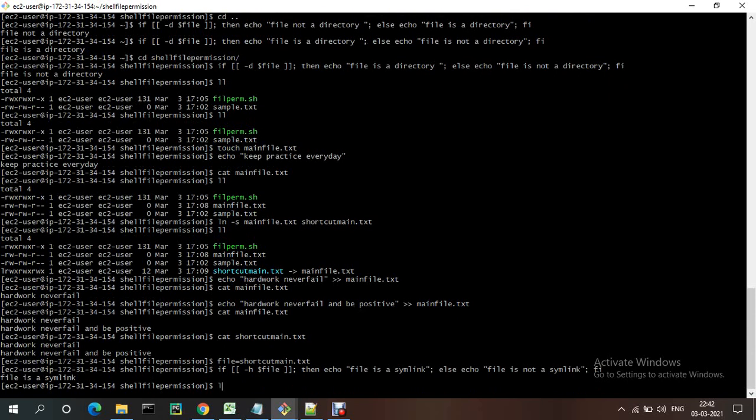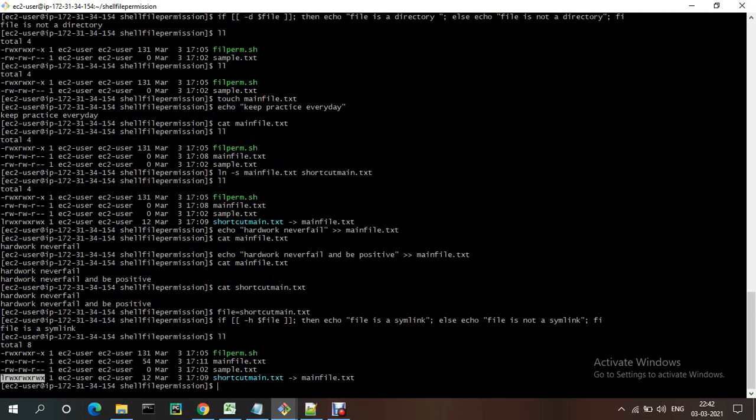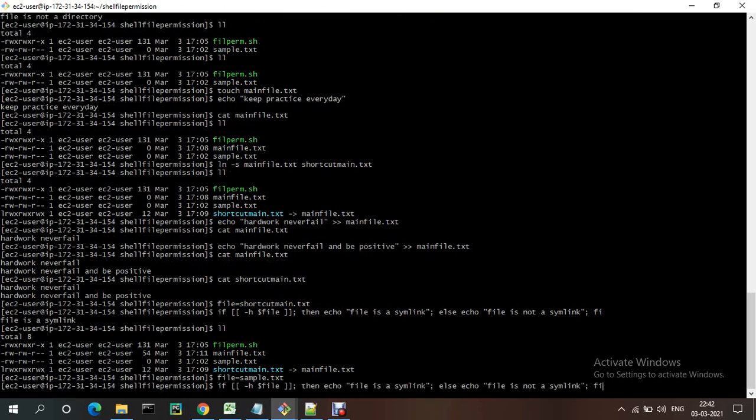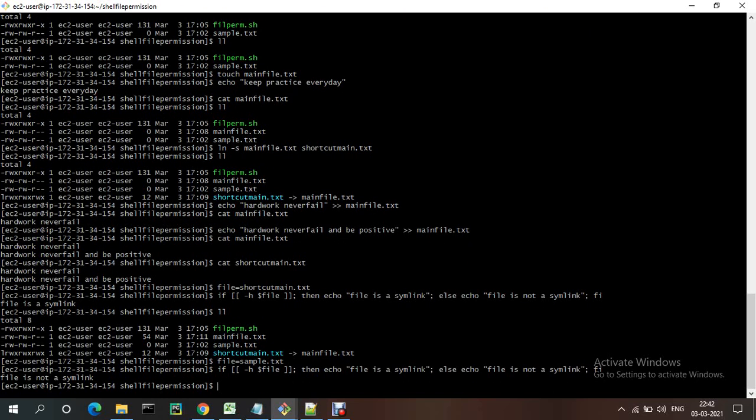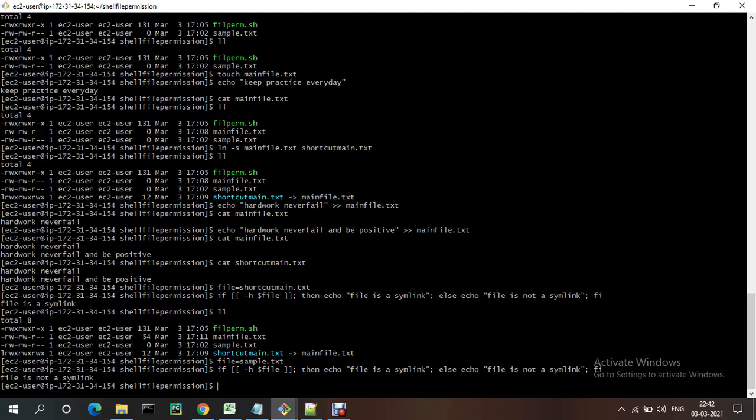See, because we have a symlink available, that's why we give -h. Suppose I declare file is sample.txt and try to run, it says this is not a symlink. Okay, this is just a normal file.